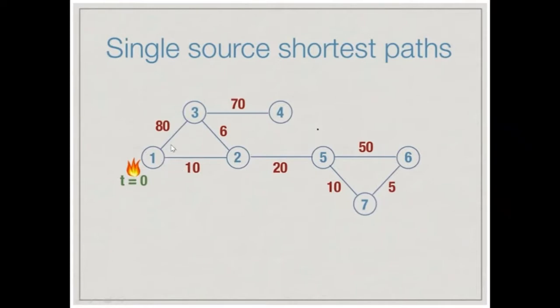This fire is expanding or moving out from depot 1 to all other depots via these pipelines. We have supposed that this fire is traveling at a uniform speed, and we will also assume that the time taken by the fire to reach from one depot to another is equivalent to the weight assigned to that particular edge or pipeline. So I can say that the fire will reach from depot 1 to depot 2 after 10 seconds.